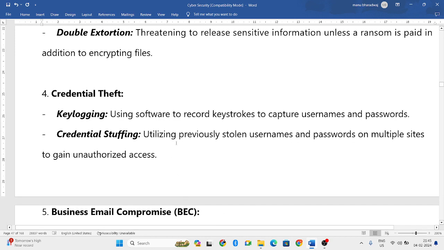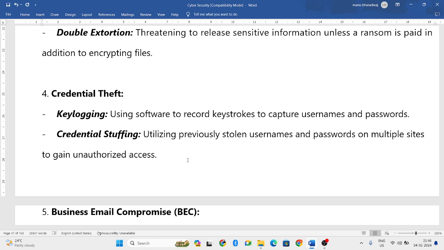Next is credential theft. Key logging. Key logging means, suppose at your ATMs, they will notice your hand gestures, and with the help of those they will get to know your ATM PINs. Or they will put fake keypads on ATM machines. You will type on it thinking it is the real keyboard, but there will be a duplicate keyboard on it, so they can easily trace your ATM card PINs. All those things happen. That is key logging.